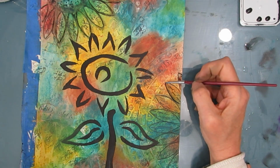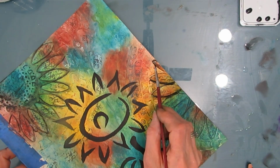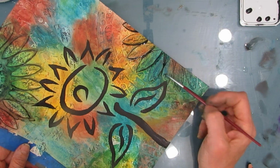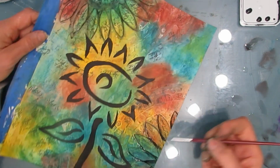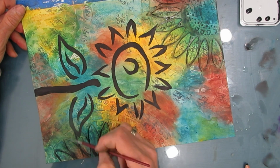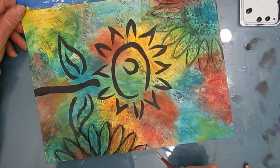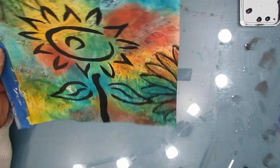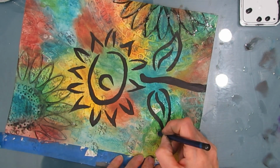And then activating it. Now, if you don't have Inktense pencils, you can use your Stabilo All pencil. You can use a charcoal pencil getting a similar effect. You can use watercolor pencils. Pitt brush markers might also work. Try with what you have. Don't always assume we need to go buy new products. I mean, new products are great, but